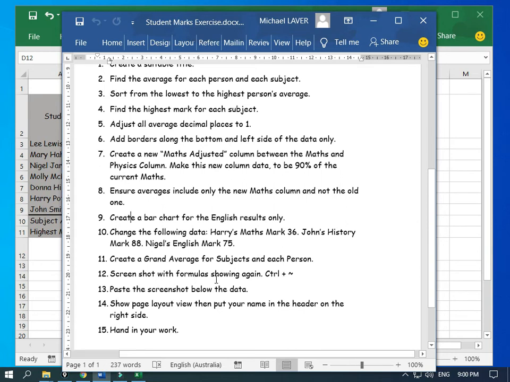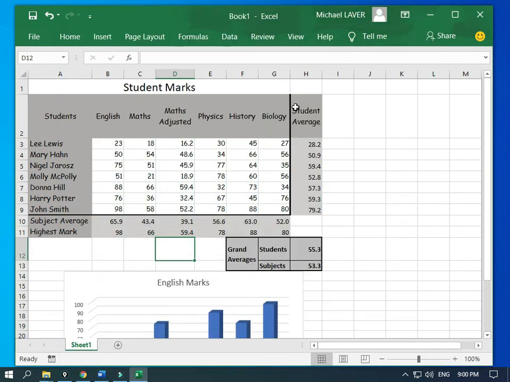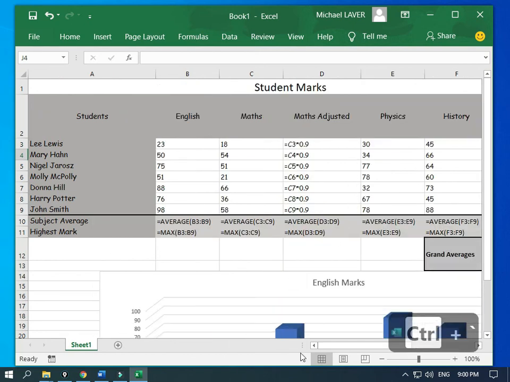Take a screenshot with the formulas showing. That shouldn't be there. That word should not be there. So I'm just going to remove that, and I'll save that. Take a screenshot with formulas showing, and to do that we use the Control plus that little squiggly icon there, which is up in the top left hand corner of your keyboard. For me it's just under the escape key. So what I need to do now is go Control and that little squiggly character,